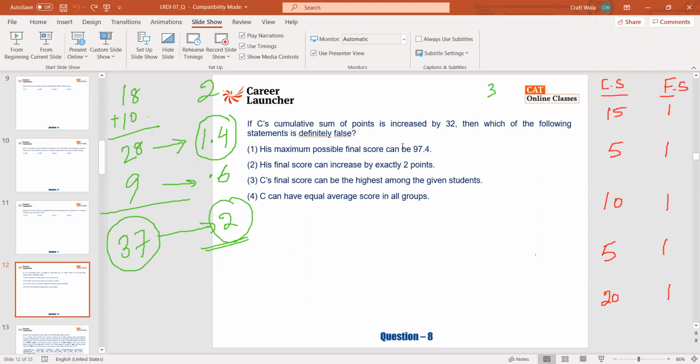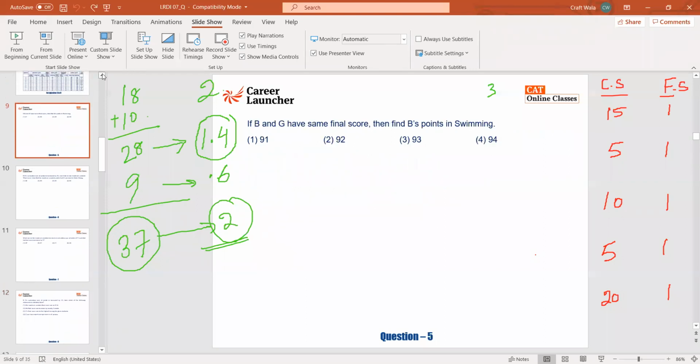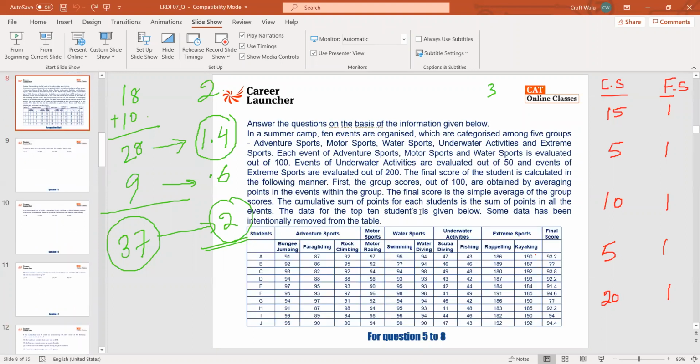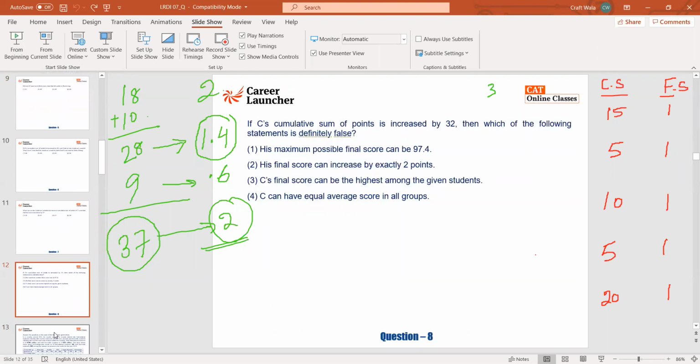His final score can improve exactly by 2 points. Yes, you can, because 32 is increasing by 2. That means on average 16 is giving you 1. Lowest is 5, highest is 20. That means with some mixture of this I can get a 16. So that is also possible. C can have the highest among all the students. So if C gets 97.4 only, will he become the highest? If it comes to 97, yes, he will become the highest. Very much possible. Next,